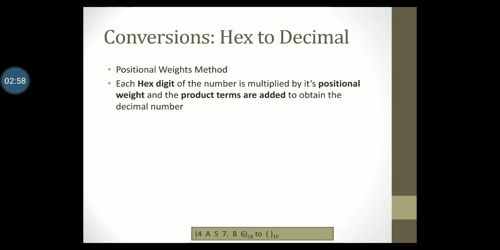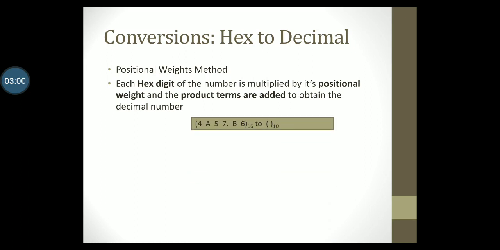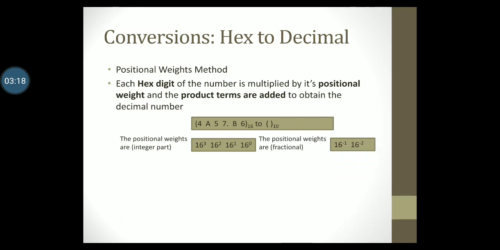Let's take an example. Given the number 4A57.B6 to the base 16 converted to decimal. The positional weights of the integer part are 16 raised to 3, 16 raised to 2, 16 raised to 1 and 16 raised to 0. The positional weights for the fractional part of the number are 16 raised to minus 1, 16 raised to minus 2. Therefore, the hexadecimal number can be written as